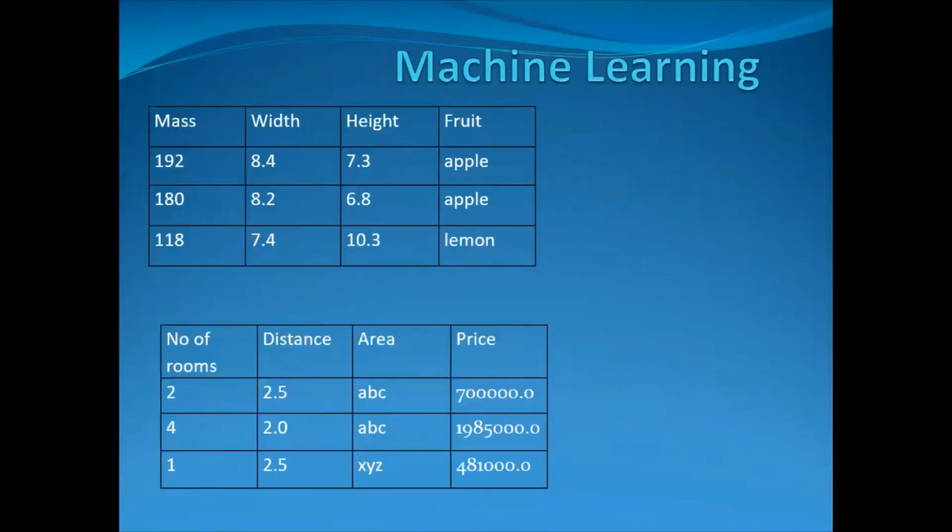Now let's come back to supervised learning. We have learned that it is further divided into classification and regression. In the first example, fruit is a dependent variable, which is a set of categories. Hence, it's an example of classification. In the second case, price is a dependent variable, which is a kind of continuous numerical value. That's an example of regression. I hope you are clear with the concepts of supervised learning, unsupervised learning, regression, and classification. Let's move forward.